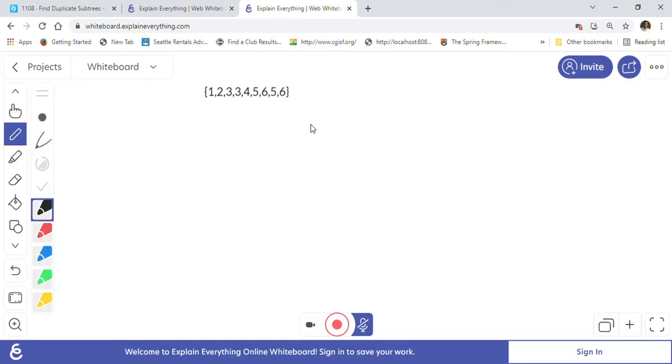So 1 is the root, right? Then 2 here on the left side, then 3 here. Then 3 4 5 6. So as you can see, it is 3 here again, this is 4, this is 5, and this is 6, right? 5 and then 6, and after this again 5 6. So if you look here again, it is 5 6.